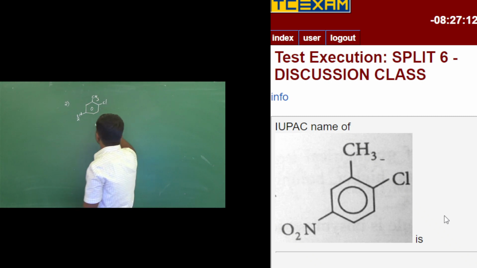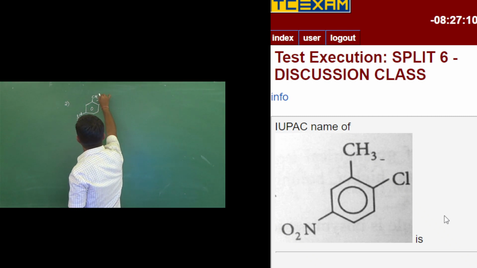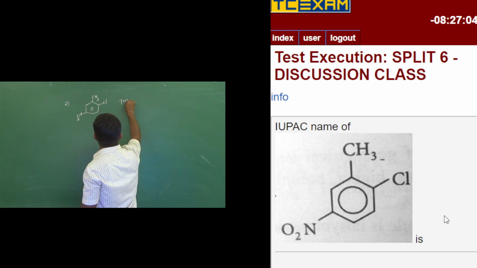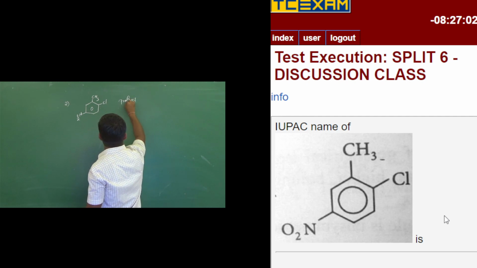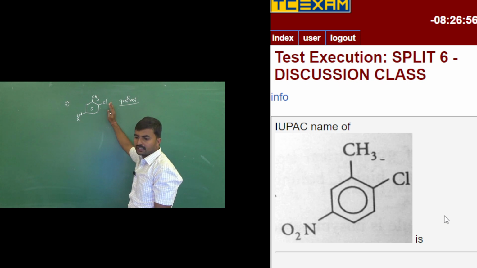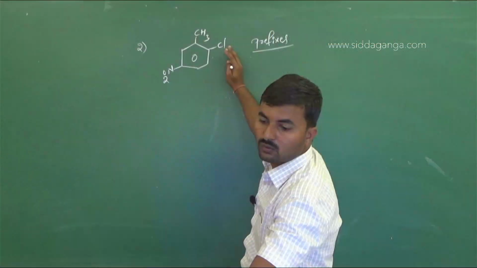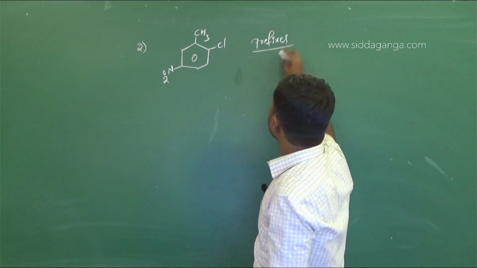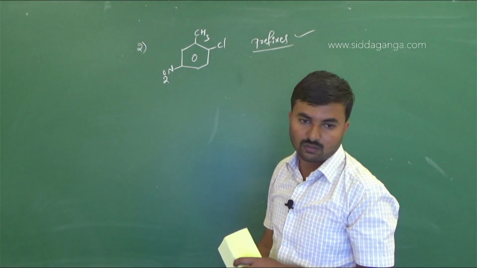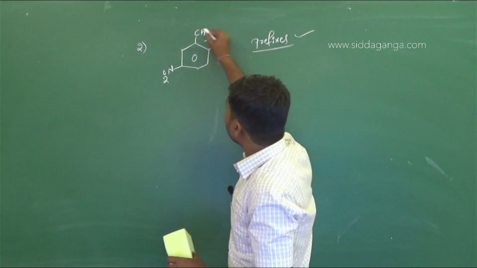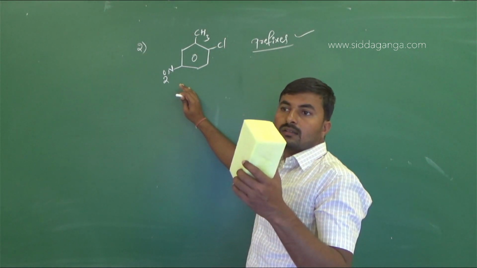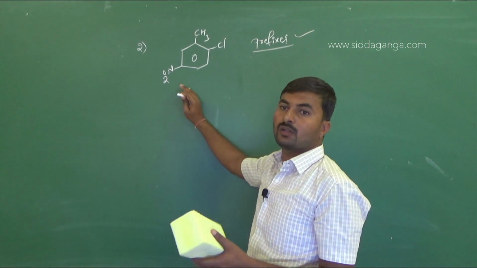In this particular example, the chloro group is there, the methyl group is there, and the NO2 nitro group is there. All these groups are prefixes according to our priority of functional groups. These are lower priority functional groups. Lower priority functional groups we always treat as prefixes, which are added in the beginning of the nomenclature. Among chloro, methyl and nitro groups, these can be numbered based upon their seniority.